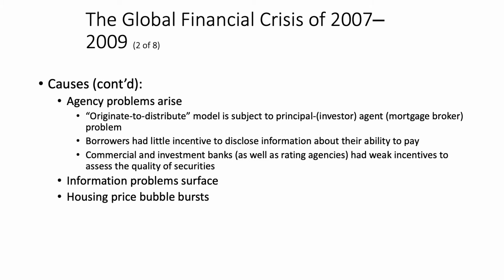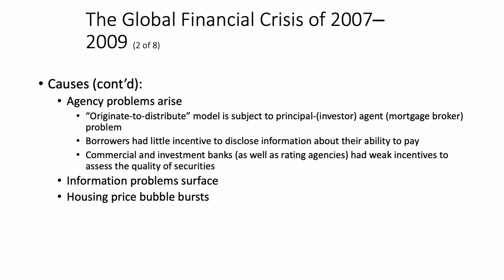So if I'm selling the mortgage off to another party, I care less and less about the quality of the borrower because I'm not exposed to the risk. Whoever I sell the mortgage-backed security to is exposed to the risk. So now we've got an issue where the mortgage broker is not looking after the investor's interests because they're making loans to very, very low quality borrowers.